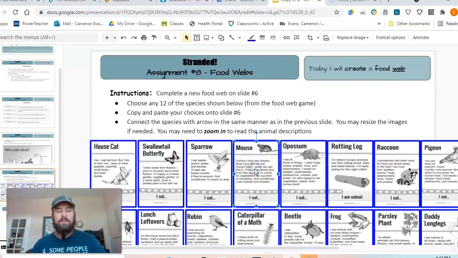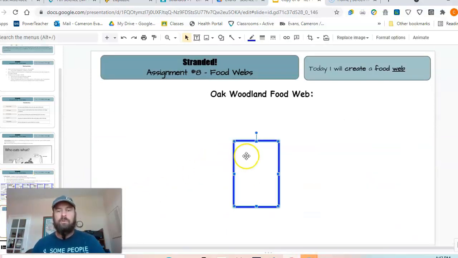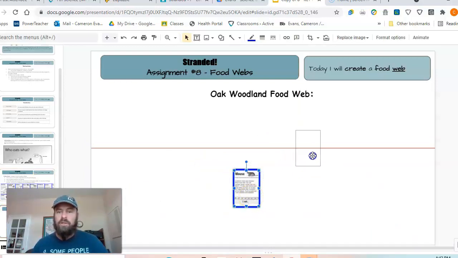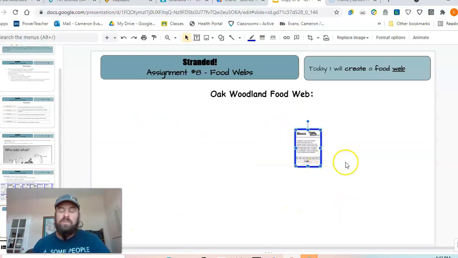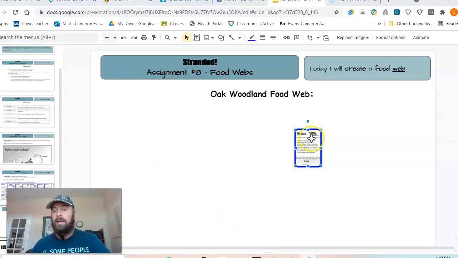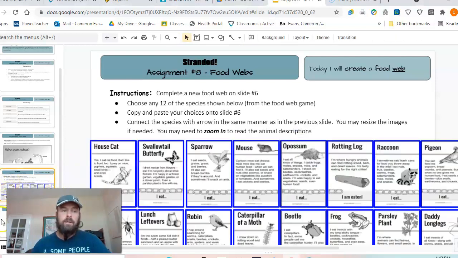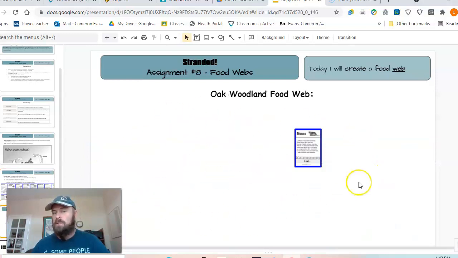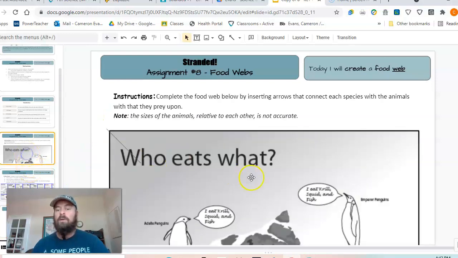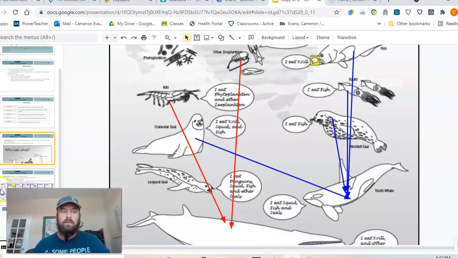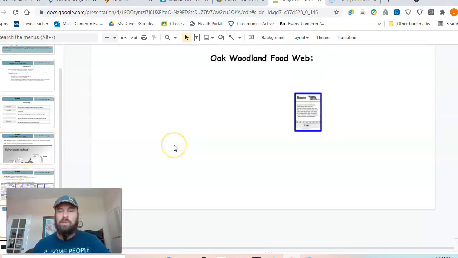So you'll just go through, you'll take the ones you want, Control C, you'll put them in here, Control V, you'll probably need to make them smaller. Put 12 of them on this page, and then you will go start connecting them with arrows. So again, you're going to pick any 12 organisms from the previous slide. You're going to put them onto this slide, and you'll have 12 organisms there. You're going to have to make them a little smaller. Then you're going to go through, and you're going to connect them all with arrows, just like you did on the previous one. Now, because you're not using all 36, you're only using 12 of them, you might read some things that aren't there, so you might be missing some arrows, but that's okay because you're only choosing 12 of them. So just put the arrows that you read about in the description. Okay, and that's part 2 of your